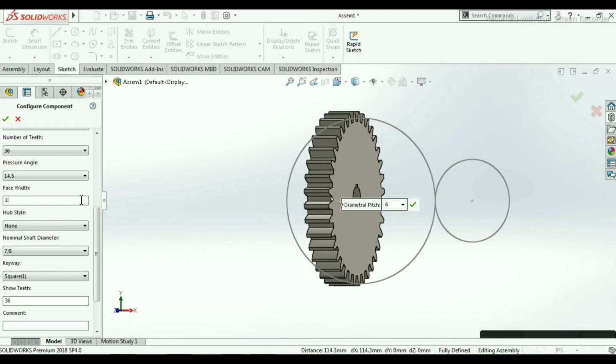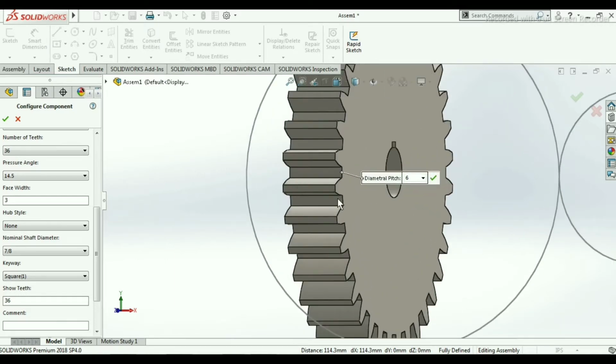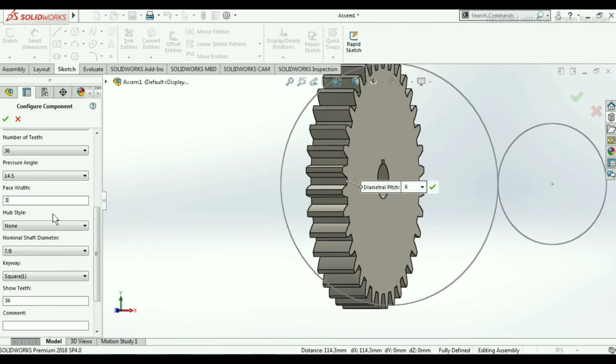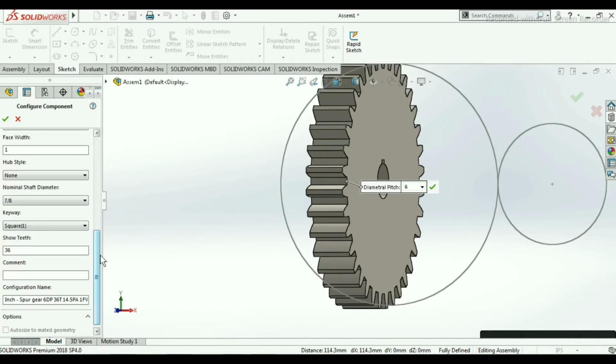If you change this face width to 3, it will automatically change. This is the face width of the spur gear. So I am just putting the value 1, and in hub style we don't want a hub style, so we will select none.